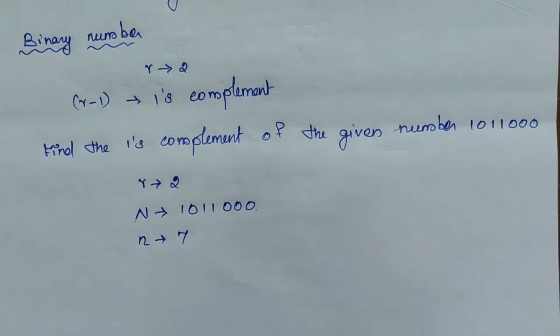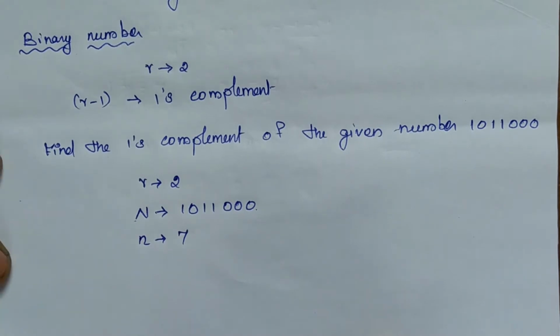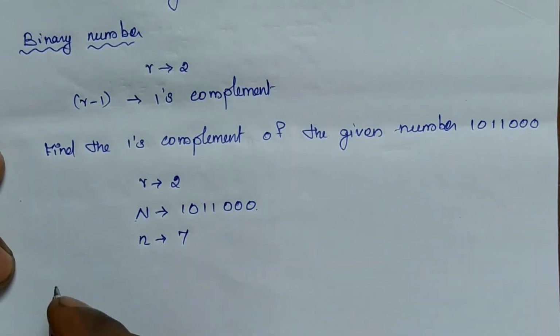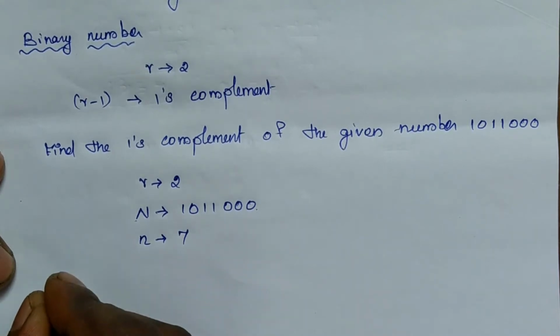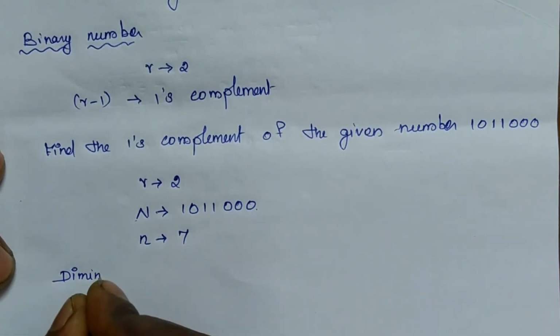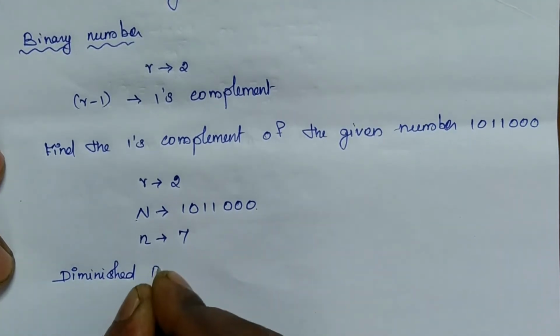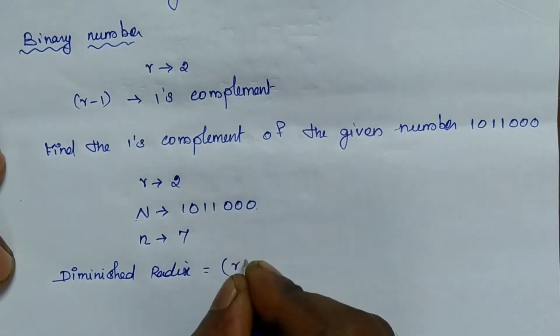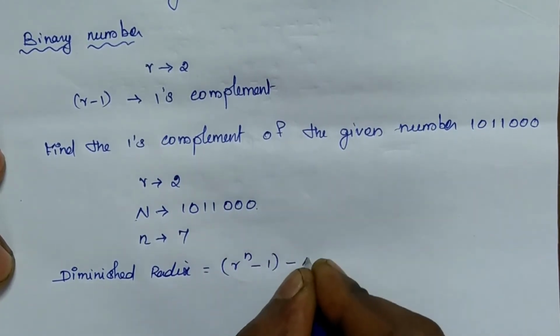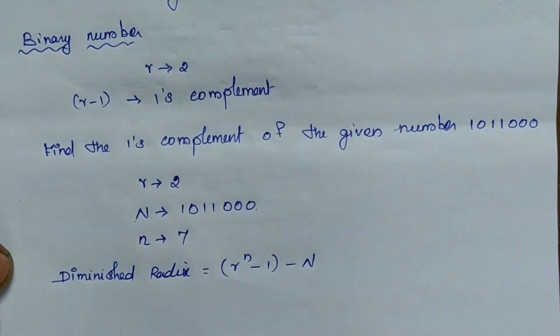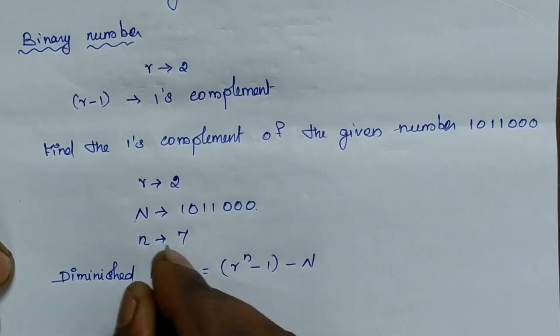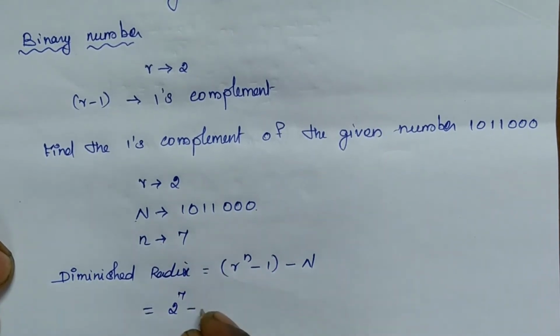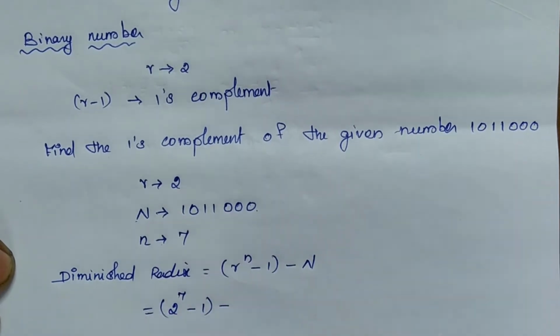Now we need to apply the formula for finding the diminished radix, which is equal to R power n minus 1 minus capital N. Therefore, so here R is nothing but 2 and the small n is number of digits 7 minus 1 minus of the given number